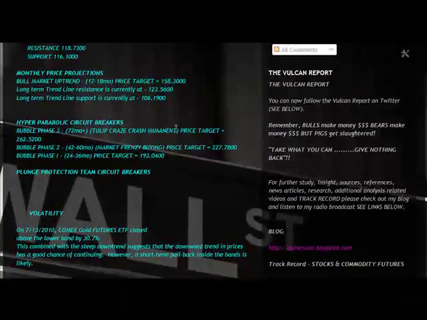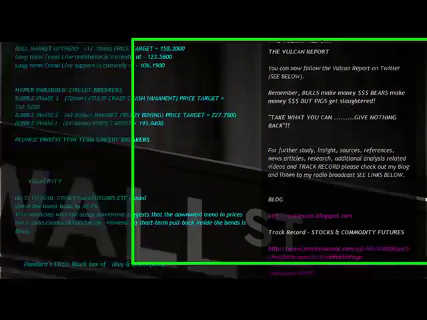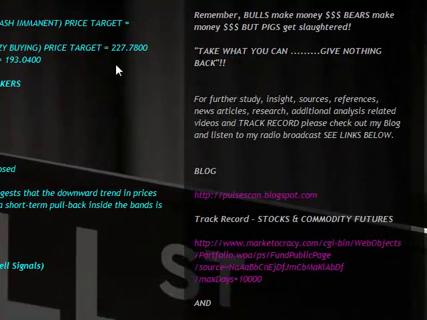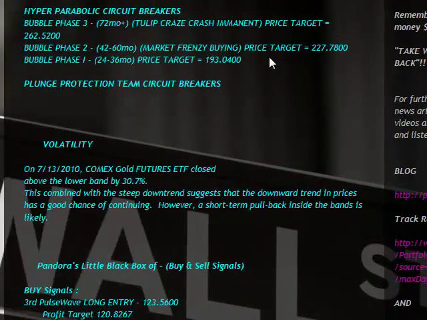Another new feature that we've added specifically for the Wide Awake Radio broadcast is the hyper parabolic circuit breaker and the plunge protection team circuit breakers. Under the hyper parabolic circuit breakers, what we do is we take a measurement of different types of bull markets. You have